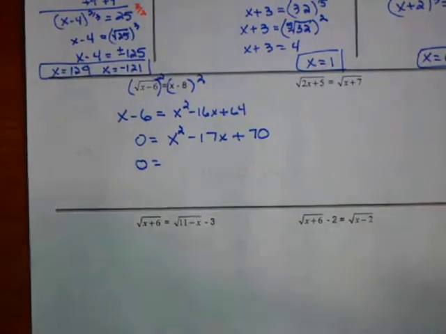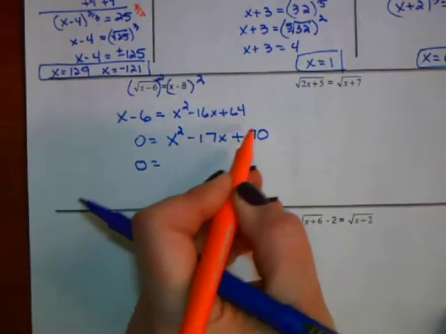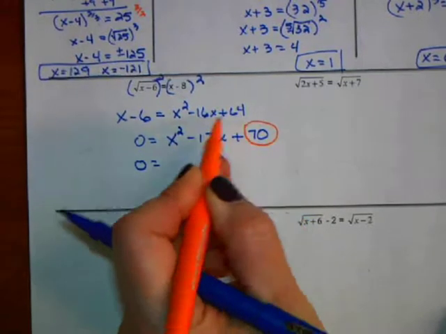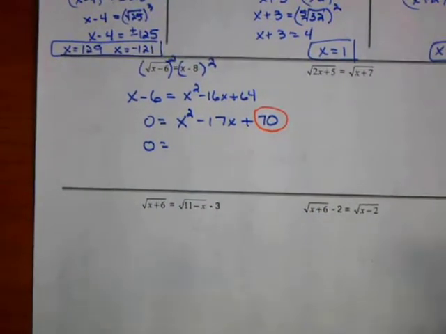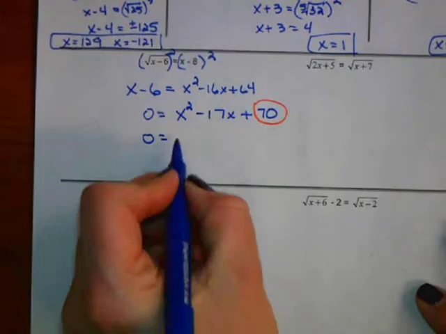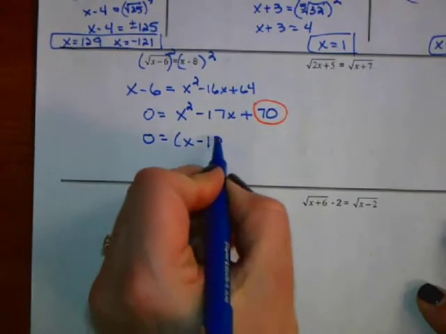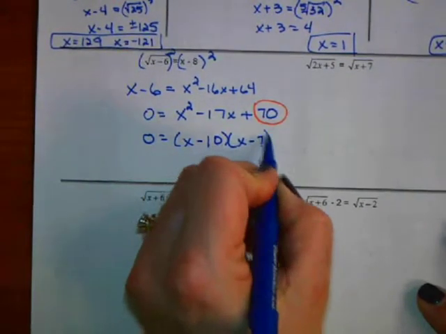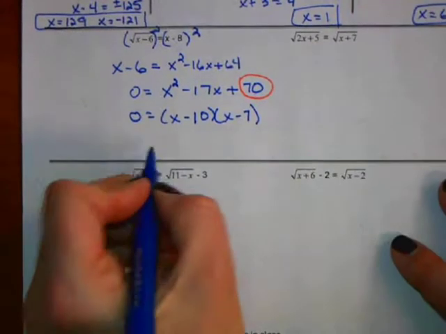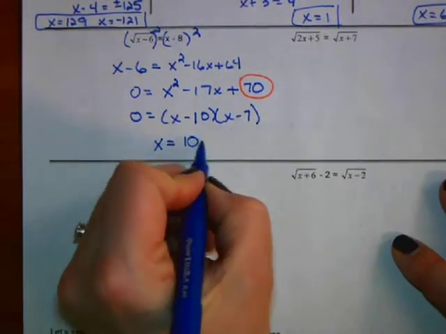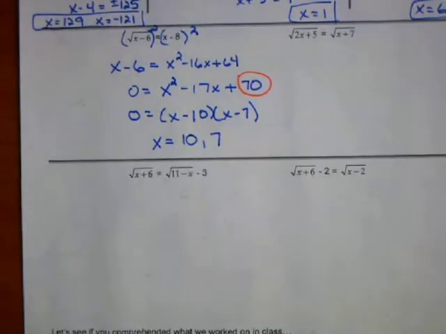This one's an easy one to factor. Factors of 70 that add to negative 17. Negative 10 and negative 7. Yeah? Okay. Now, that tells me that x is equal to 10 and 7, but we're not done because with these,